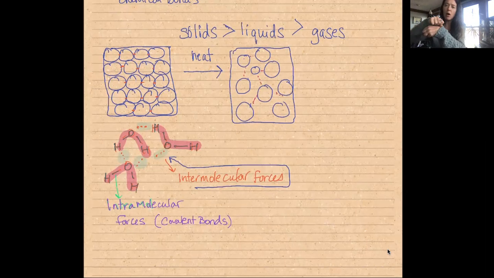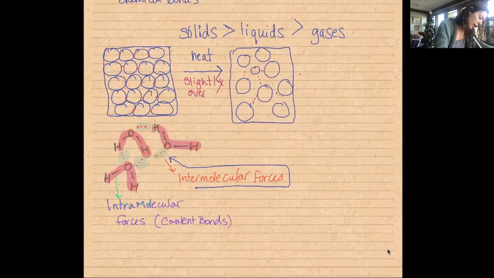Thus, the liquid molecules can roll over one another. They don't spread apart. They're still attracted, but they can roll. That's why we can pour liquids. All right. Here we slightly overcame IMFs, right? If we continue to heat that liquid at some point, and we know that if it's liquid water,